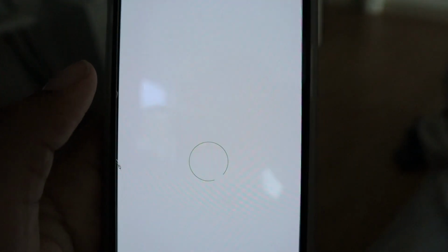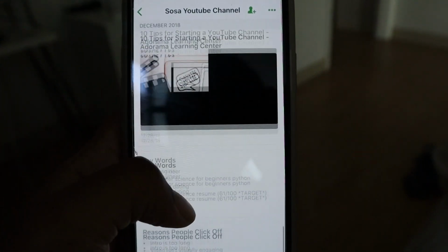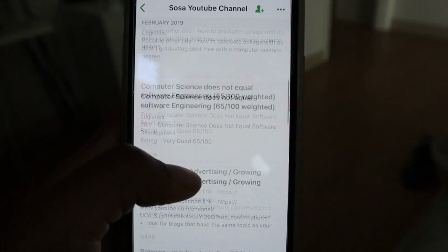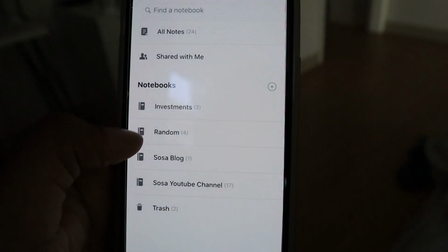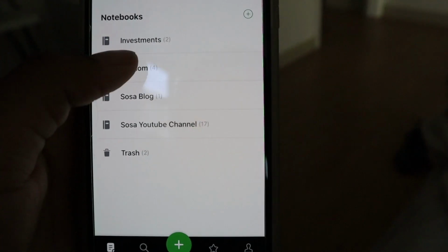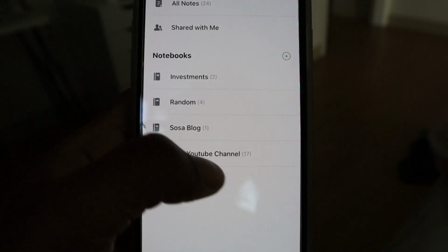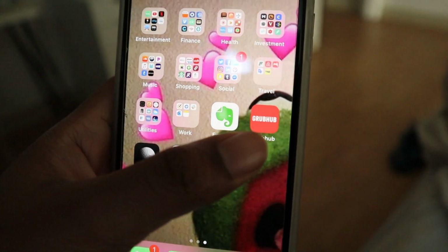And so I'll go in here, and I think I have it set up to be, yeah, a YouTube channel notebook. So I have investments, random, Sosa blog, Sosa YouTube channel, and then trash. And so this is where I just put all of my ideas and brainstorms. Pretty convenient. And then Grubhub for when I need food, CoStar, because CoStar is